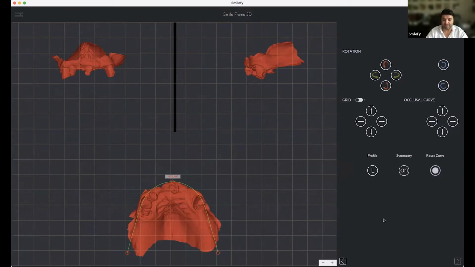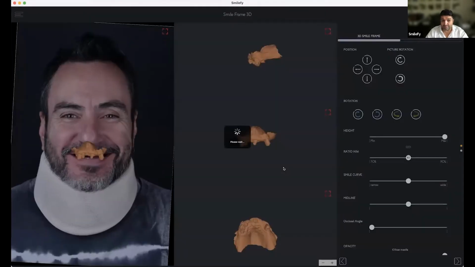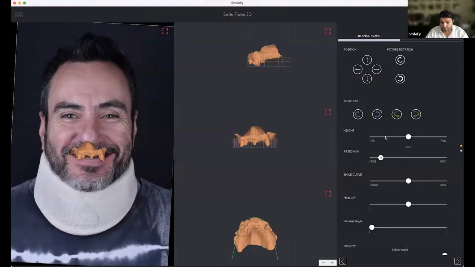So let's go to the next step, and we now set the 3D smile frame, also in a way that we think is going to work for us. I'm going to reduce the height a little bit, more like this. I'm going to change the occlusal curve or the occlusal angulation.